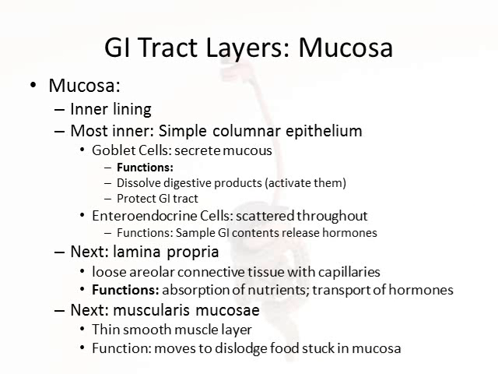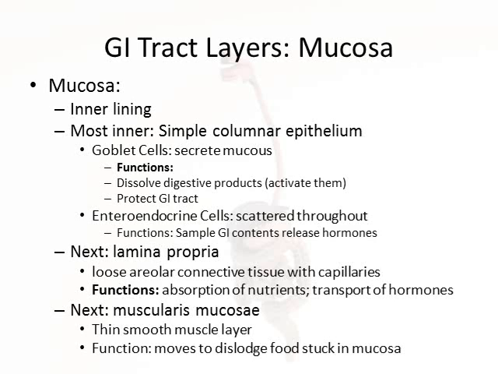Okay, so then we have the multiple layers of the GI tract, okay? And so we're going to look at each of those layers, and the first layer is called the mucosa, okay? And the mucosa is the innermost layer. And then within the mucosa, we have multiple layers. Okay, so the most inner layer of the mucosa, which is the most inner layer of the 3 major layers,